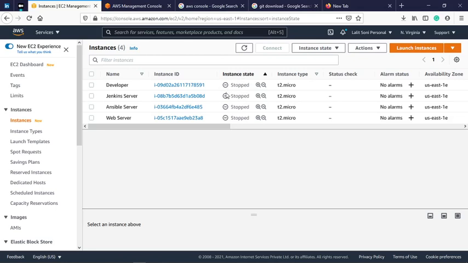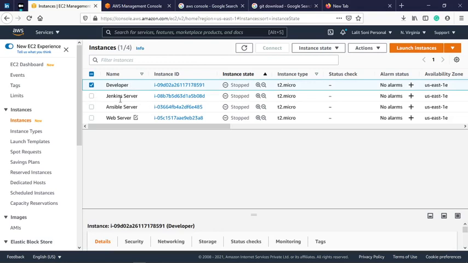To start an instance, we can select it. These are 4 different virtual machines on my AWS account, and these 4 servers are in the AWS data center in the region of N Virginia. There are different regions, and according to the requirement we select different regions.